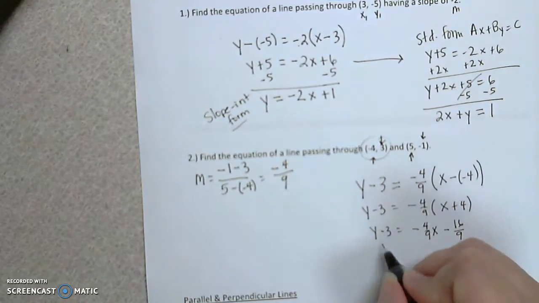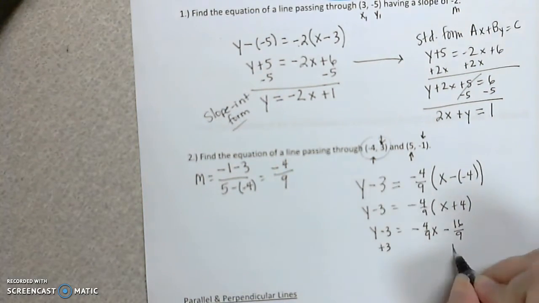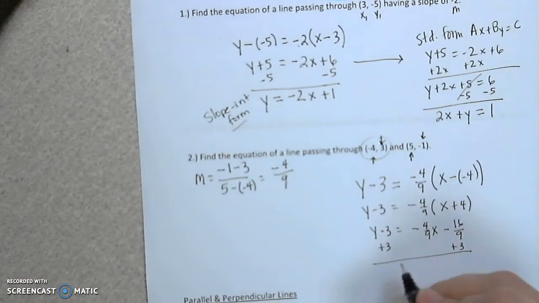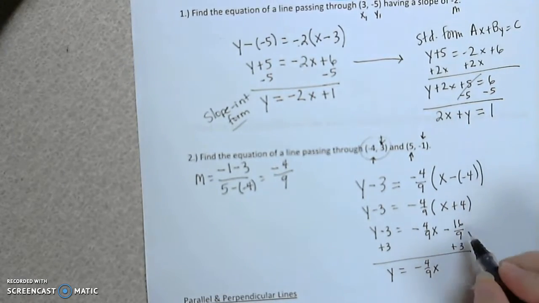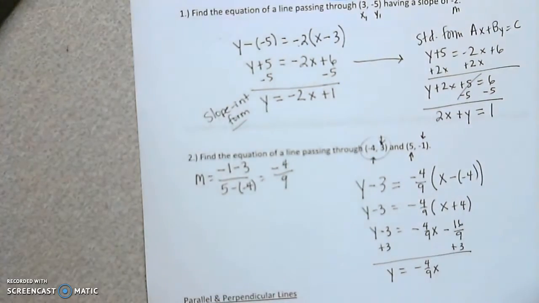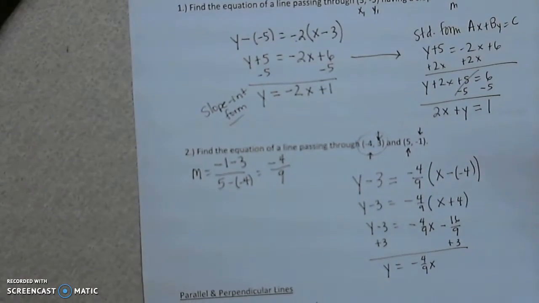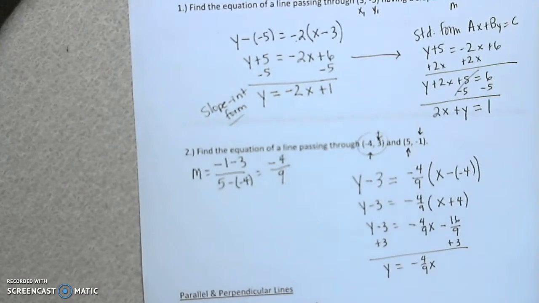Then I'm going to get the y by itself. I'm going to add 3 to both sides. That'll give me y equals negative 4/9 x, and then negative 16/9 plus 3. If you have a calculator, type it into your calculator. If you don't,